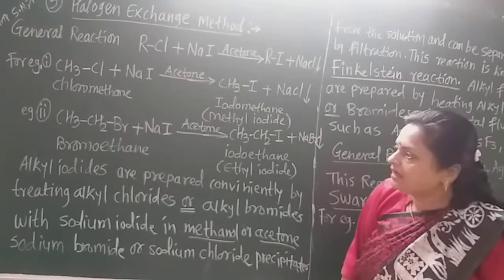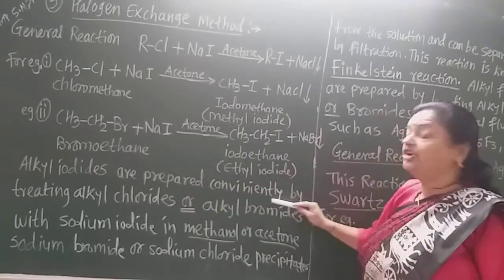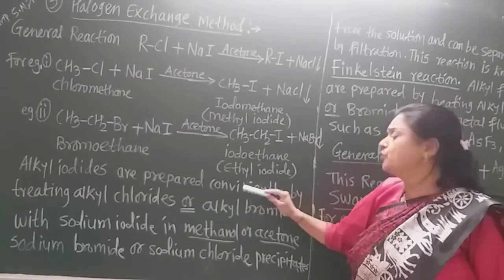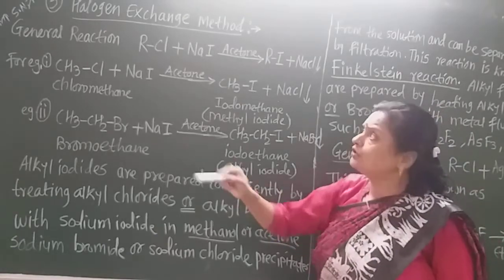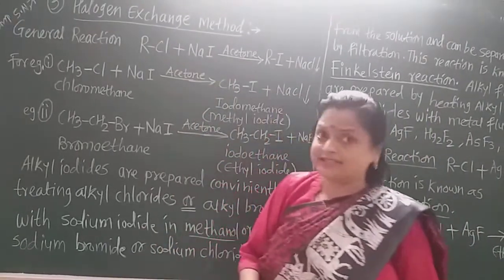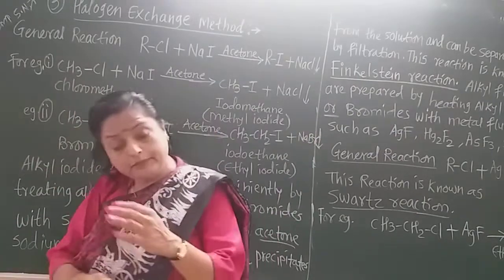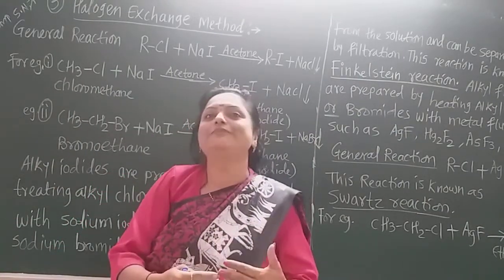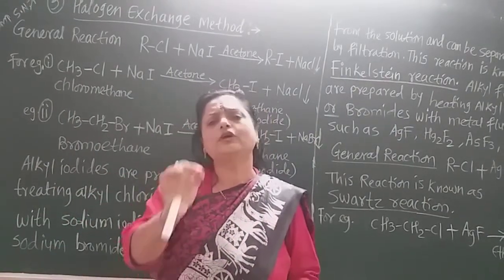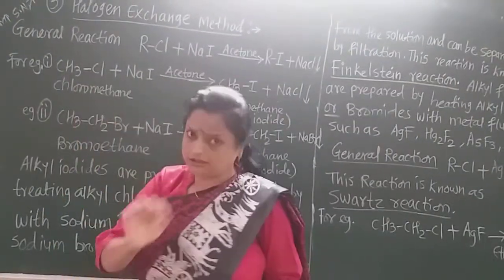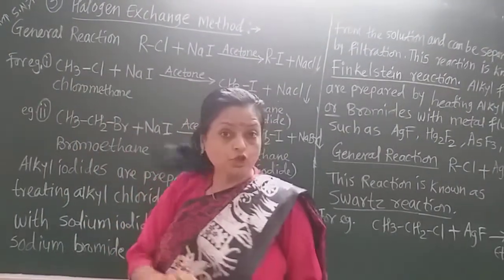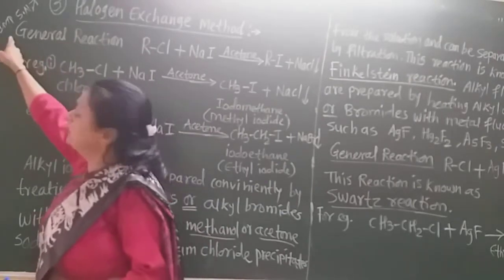Now, the alkyl iodides are prepared conveniently. You must write this down point-wise also. Suppose this is a short note asked in the examination. If there are many points, the marks will be in that proportion. Every point has half marks. I do not give the points here, but you must give them while writing the notes. Suppose the general reaction is point number 1.